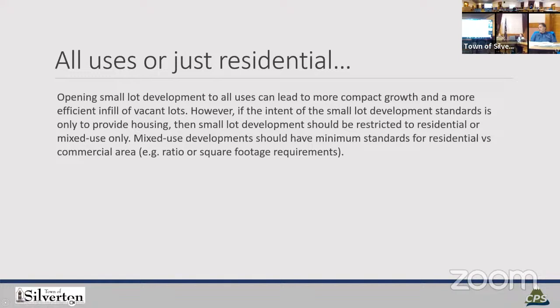And I have two thoughts in my mind, and this is useful for the future code rewrite, is kind of putting a pin in the idea that everything should be allowed somewhere. Like we need that, right? We're so small, but there needs to be space for all the different types of possibilities of things. And so as we look into the code and as we look into zones, everything should have a place. A storage unit should have a place. A light manufacturing should have a place. I mean, chatting with Deanne at the chamber, there are multiple businesses that we haven't been able to attract to town because there's no manufacturing space or there's no warehousing space or whatever. So everything should have a place somewhere.